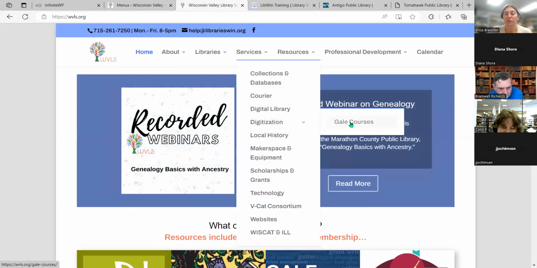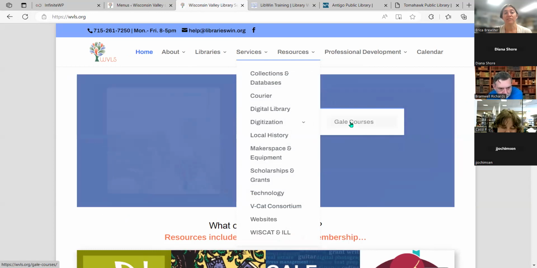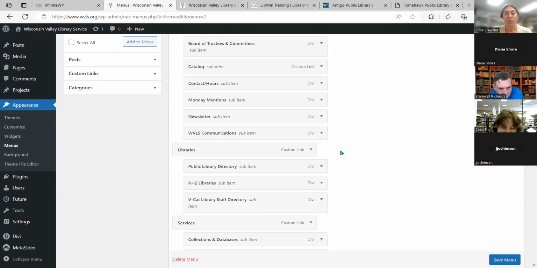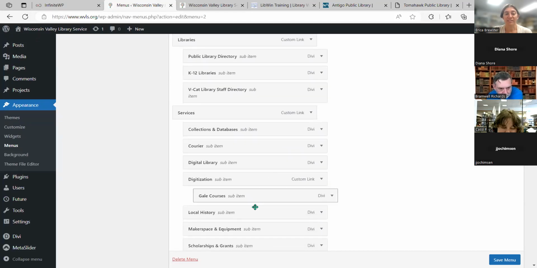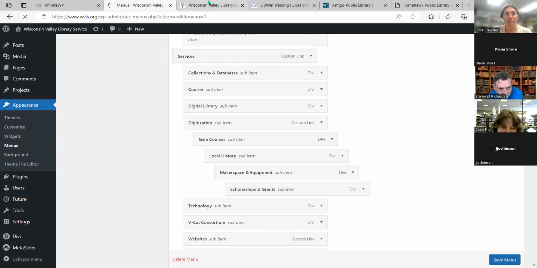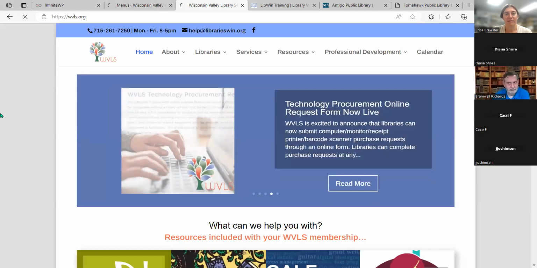And now I have a layer with Gale courses underneath it. Sometimes you want that to be the case. In this case, we want Gale courses to be its own thing. A word of warning here is, yes, it is entirely possible to create submenu upon submenu upon submenu. And now you've got sub items coming, all like turtles all the way down. If I save that,